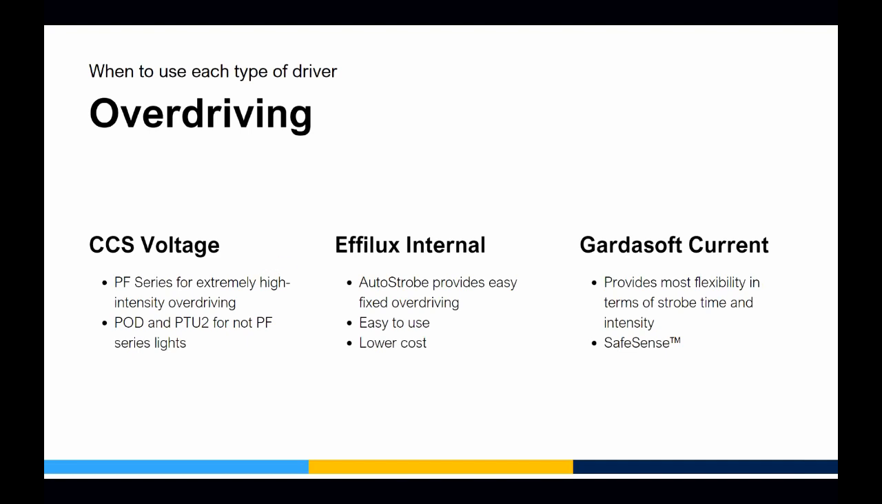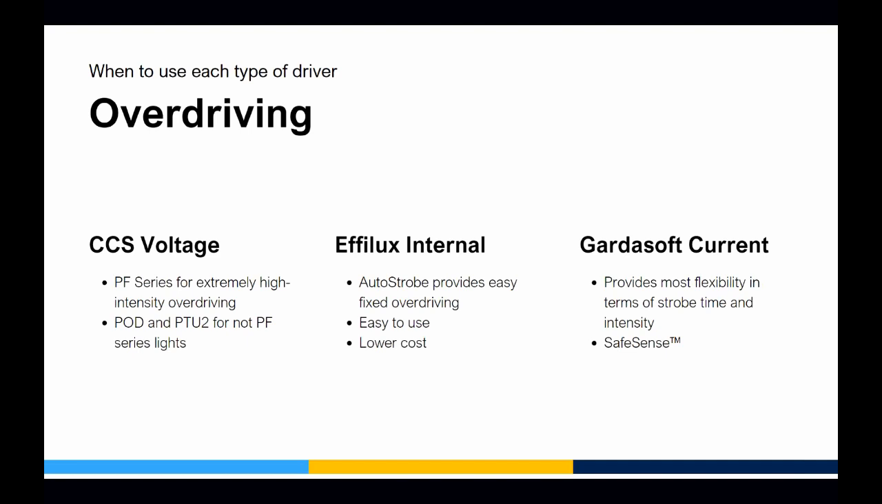if you're at 500 microseconds and above, you could probably get away with just your standard light. Between 500 microseconds and 100 microsecond exposure time, overdriving will probably work, but it might not depending on the application. And then as you get closer to 100 microseconds and below that, you pretty much exclusively need the PF series in that intensity. They also have the POD and the PTU2 for controllers that will